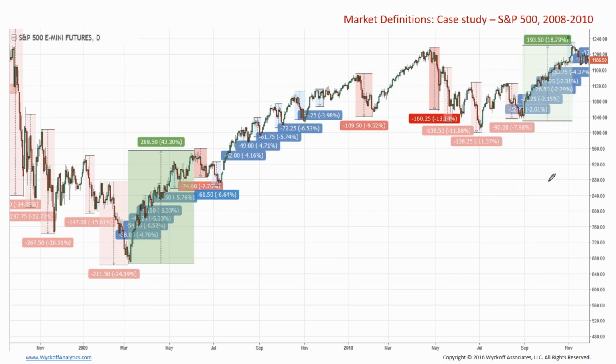All right, question. What if reaccumulation becomes a distribution? And in this case, it's kind of where we could potentially go with this, right? Because this first change of character on the flash crash in 2010 is actually quite substantial. It's in line with the declines that we've had in 2007 for a major change of character